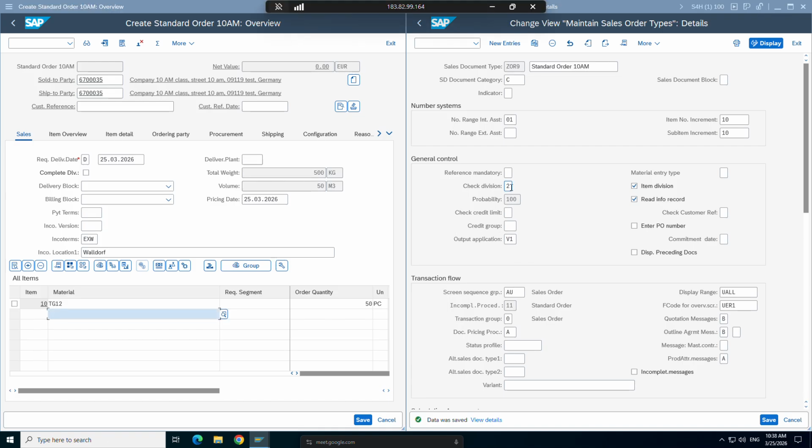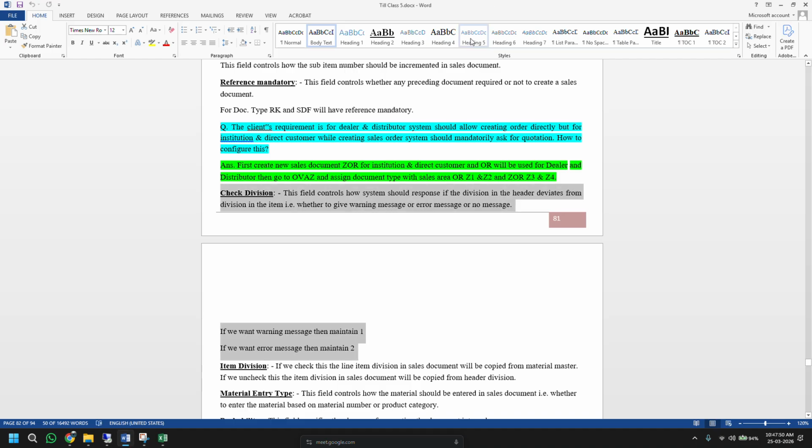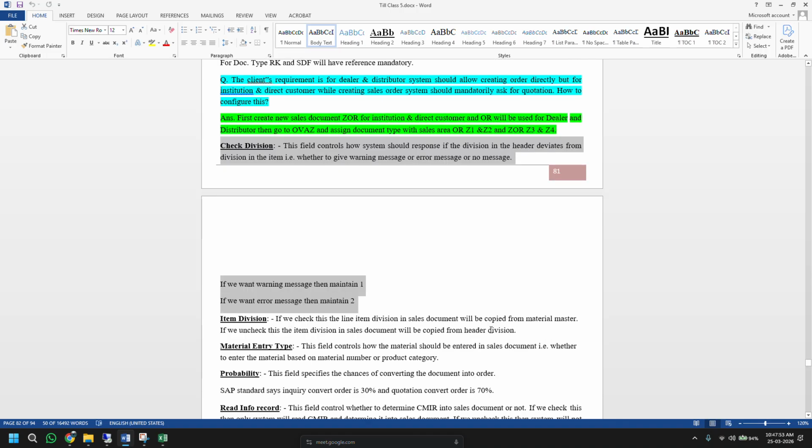If you see here, no dialog means no message will come even if it deviates. Dialog means it's a warning, some warning you will get. Error, it will throw us an error in red and you cannot continue from there. Okay, let's go to the next, item division. If you check this item division, sales document, you copy from material master. If you check this line item division, the sales document is copied from material master. And if we uncheck the division,